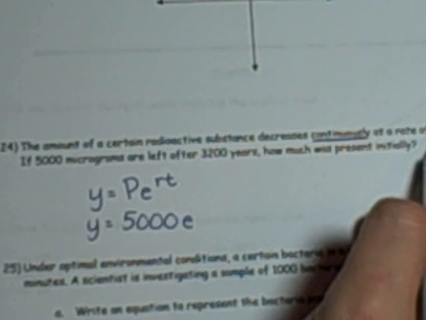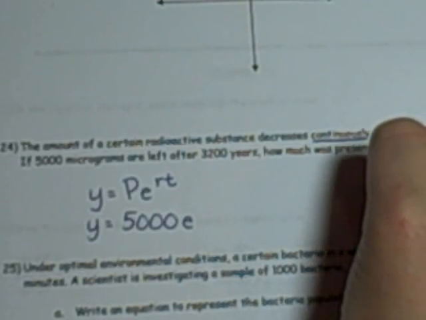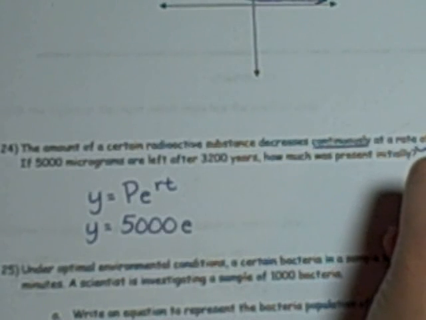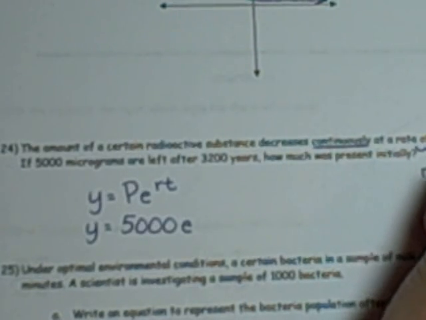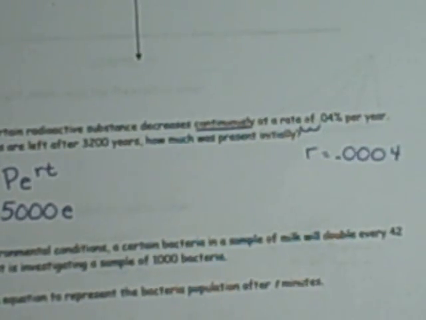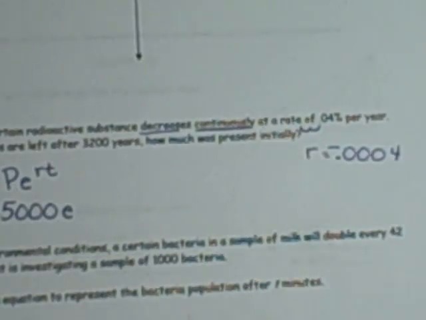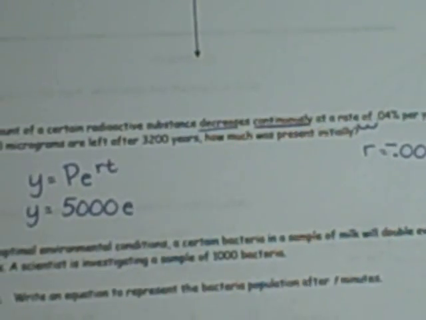My rate, now, first of all, this is 0.04%, but that's still a percentage. So to put it in my problem, I need to move that decimal twice to the left. So R really becomes 0.0004. Be careful about that. I'll say that again. That 0.04%, we want to move that decimal place 2 to the left, which makes it 0.0004. And since I'm decreasing, that's a negative. So negative 0.0004 in for R. So e to the power of negative 0.0004 times